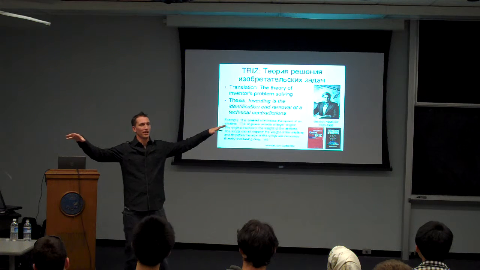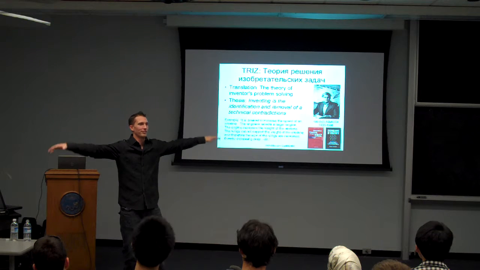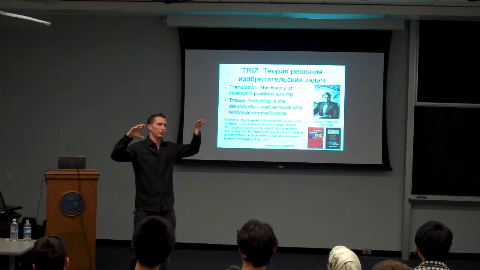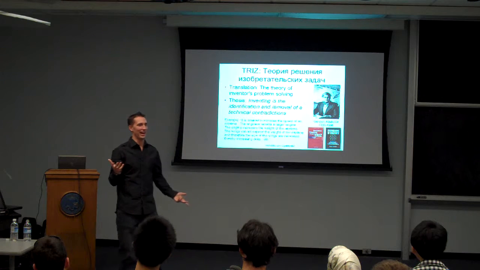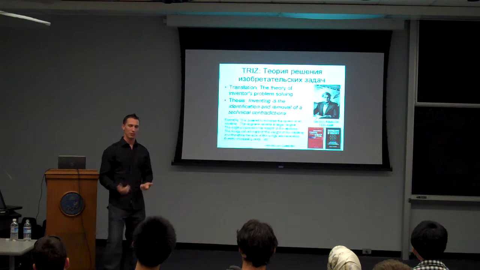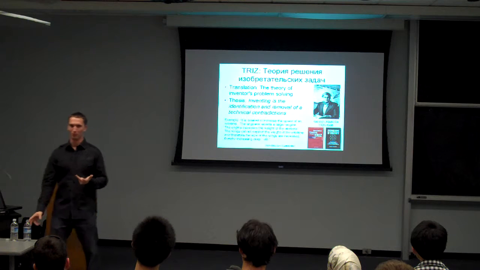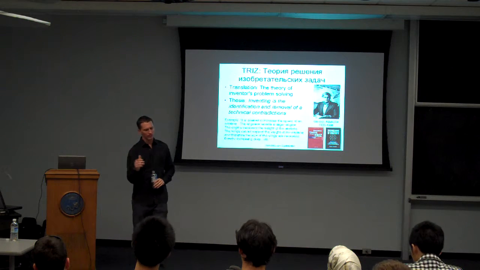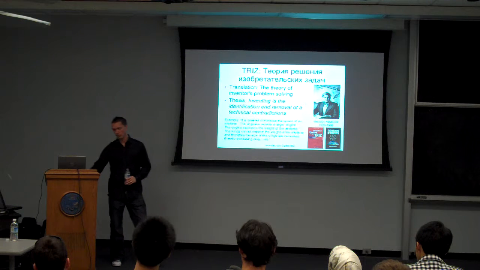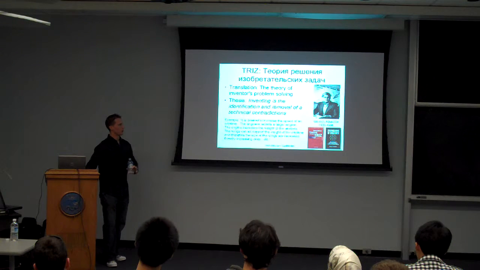But then the wings have to support that motor, so they have to get bigger. And by the way, the fuselage has to support the wings, so the whole thing got bigger. Now you may not have a faster plane. You've got a bigger plane with bigger motors that consumes more energy, right? So he's saying, go look for these contradictions and resolve them, and then you'll come up with some interesting